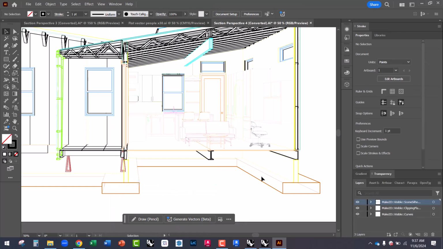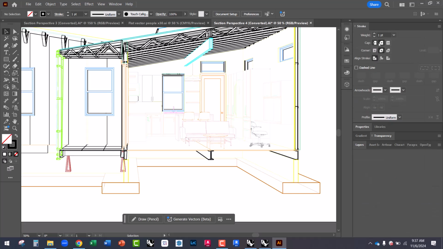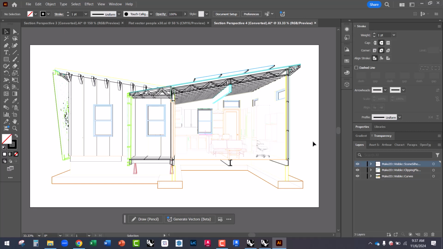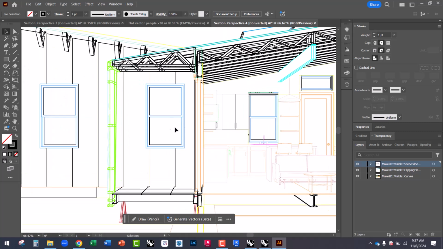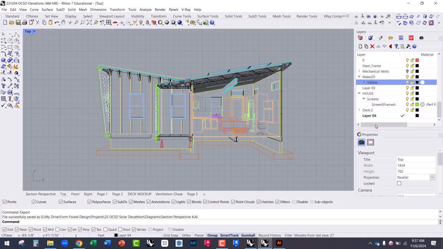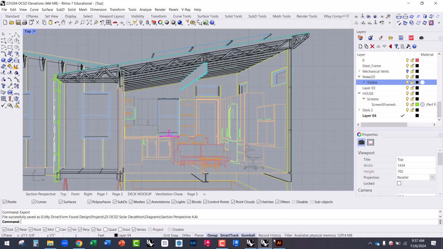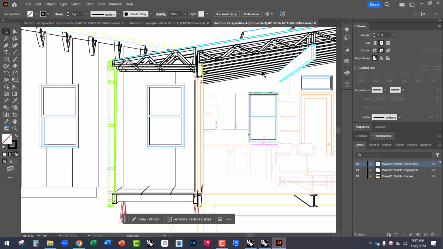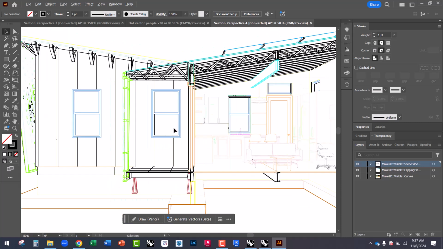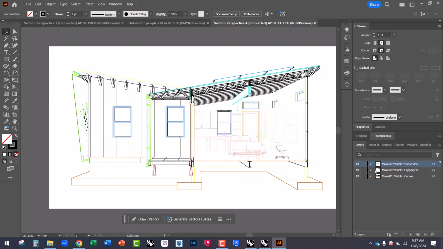Okay, so clicking on this, going to layers, you'll see that there's 3 layers, and it's reading the colors of each Rhino layer. So for each Rhino layer, I had a different color, and what it's doing is it's maintaining that in the line work in Illustrator. So even though it's on the same layer here, so all of this is on the same layer, I can select